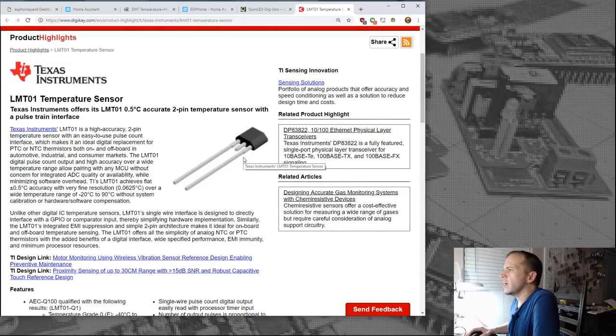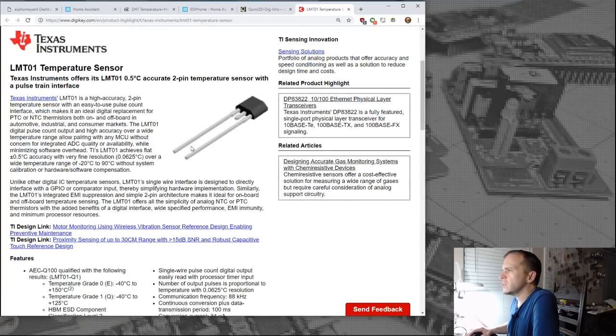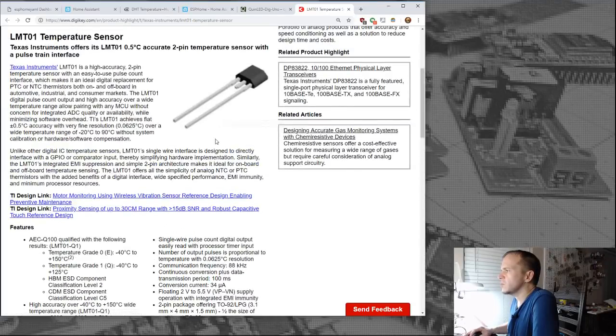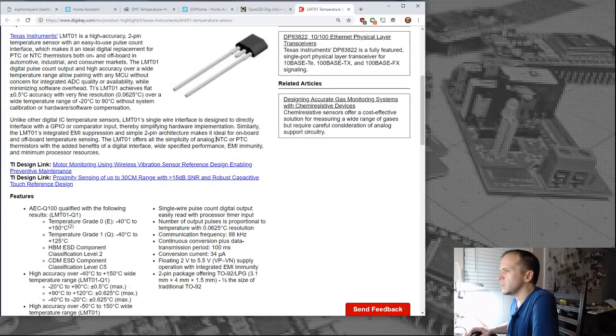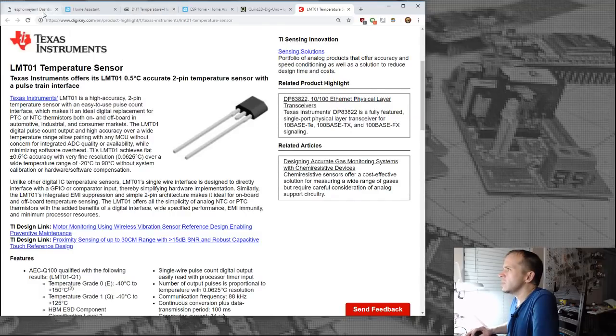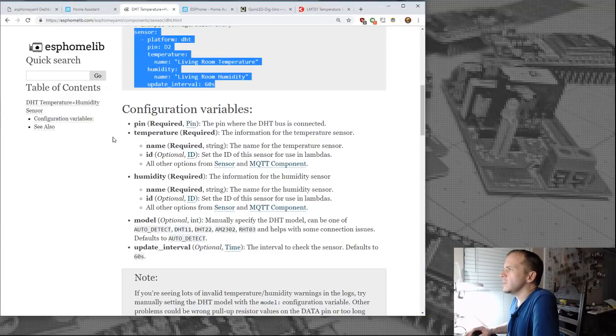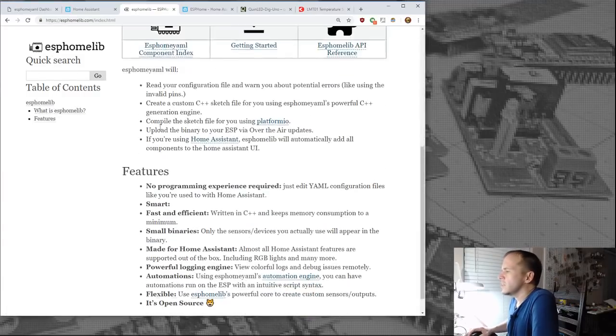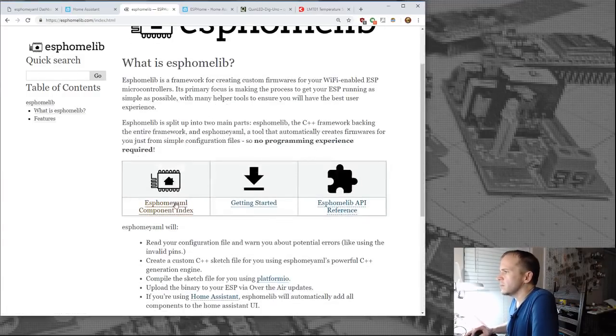Ah, okay. It's a 2-pin temperature sensor, easy to use, pulse count. Is it just temperature? Yeah, I'm assuming so. There's no hole in it to measure humidity. Now, I wonder, I want to take a look at some of the sensors that ESPHome has on here right quick.